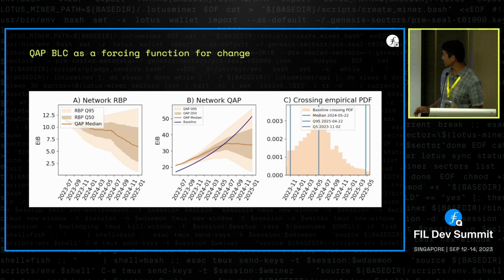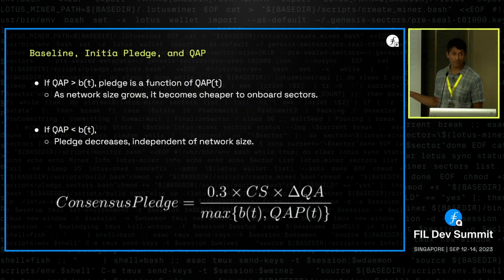Sorry, I was going to say, if you just commit capacity, it becomes even harder to meet the baseline, right? Because this equation is comparing against QAP. Say it one more time. If you just commit capacity. Yeah, so I think you're measuring raw byte, if I understood what you were saying correctly, right? And what I'm saying is that the divergence between raw byte and baseline is going to grow even faster. Your hypothesis, I think, is that if I have raw byte committed, we'll catch up to the baseline. I guess what I'm saying is that as time accelerates, it becomes harder and harder to meet it just because of the growth rate. No, I understand that, but I'm saying